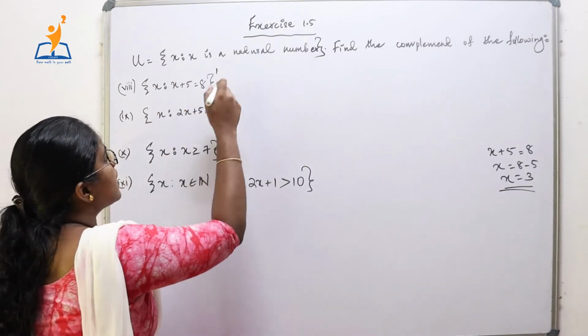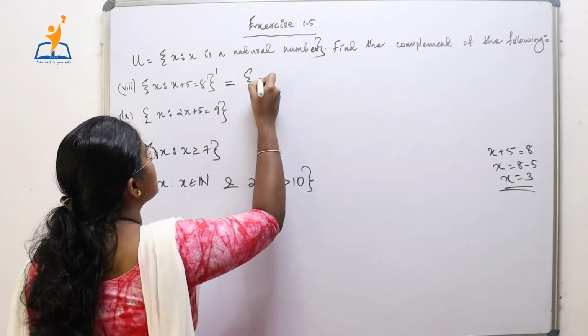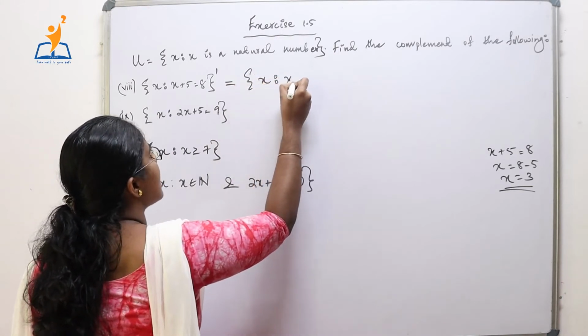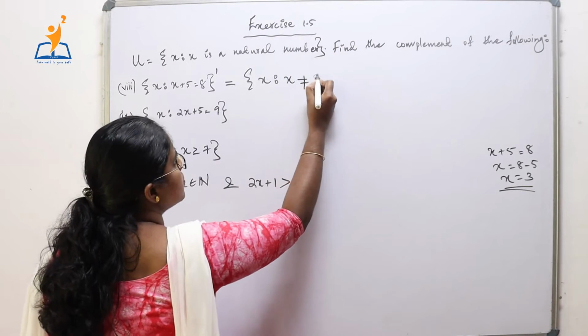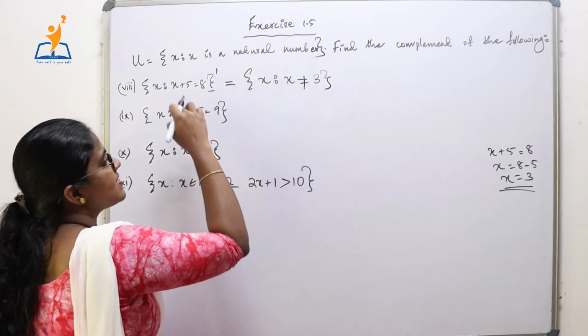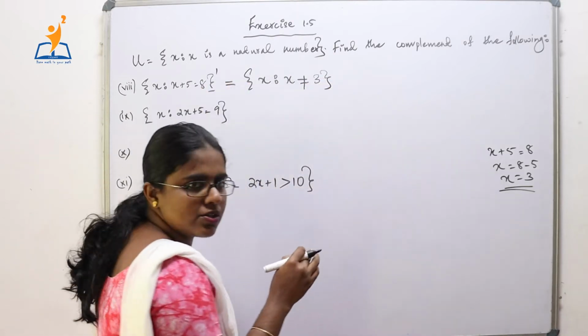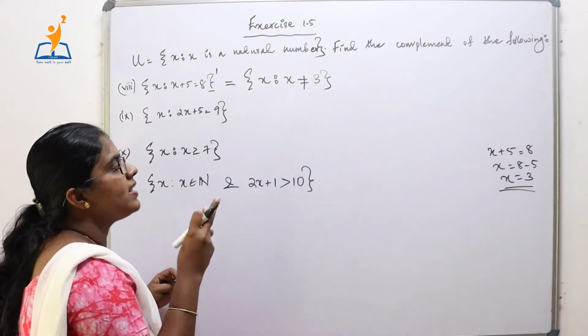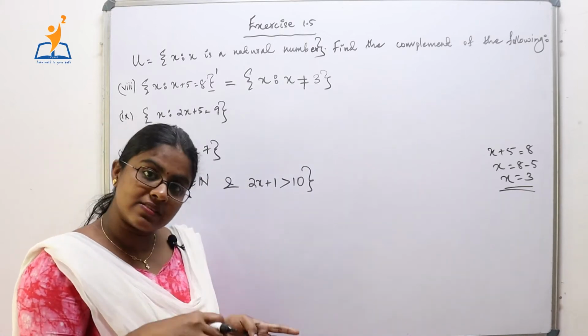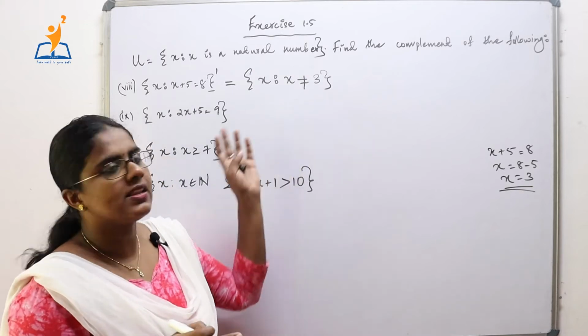So, the complement of this set will be the set of all x such that x is not equal to 3, and that's the